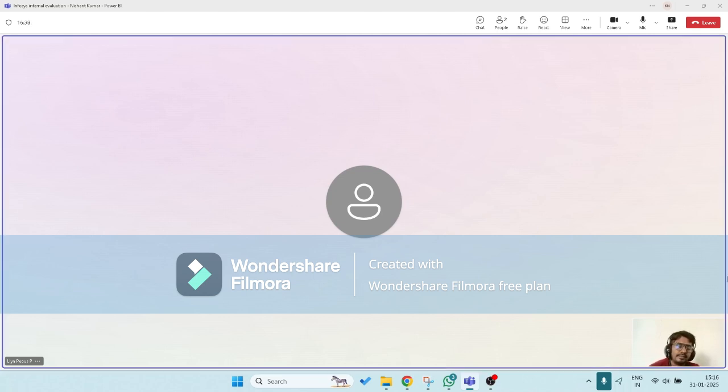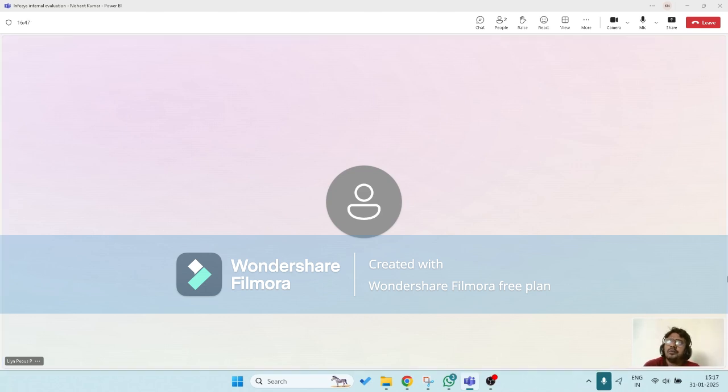Can you just tell me what are the different connection modes that are available within Power BI? There are three different modes of connection: import, direct query, and live connection. I have not worked on live connections, but I have worked on import as well as direct query. In import mode, we import the whole data inside our Power BI Desktop,